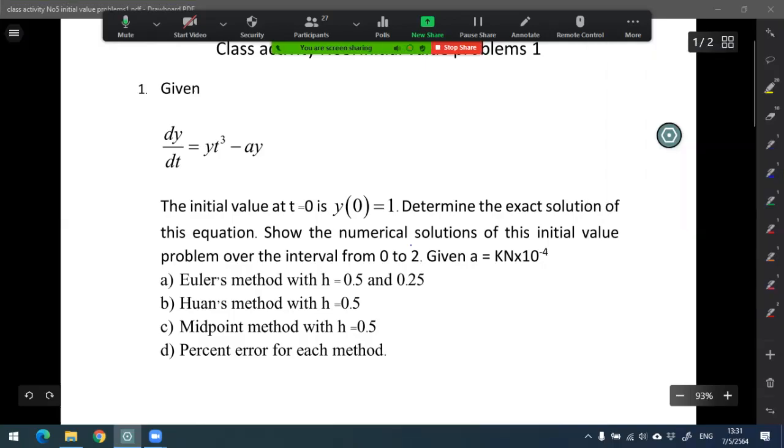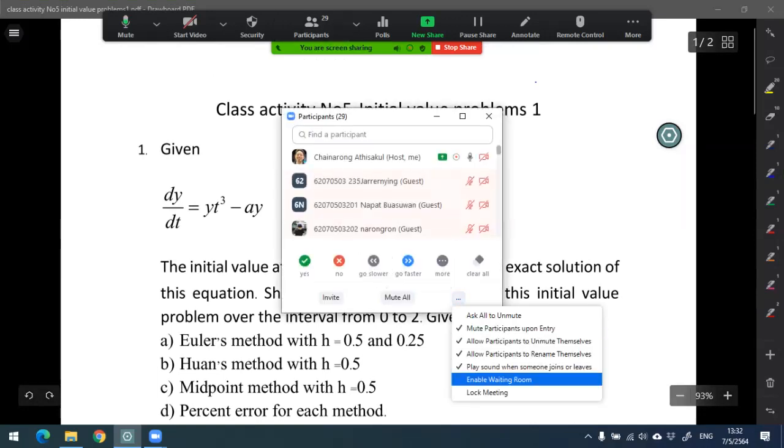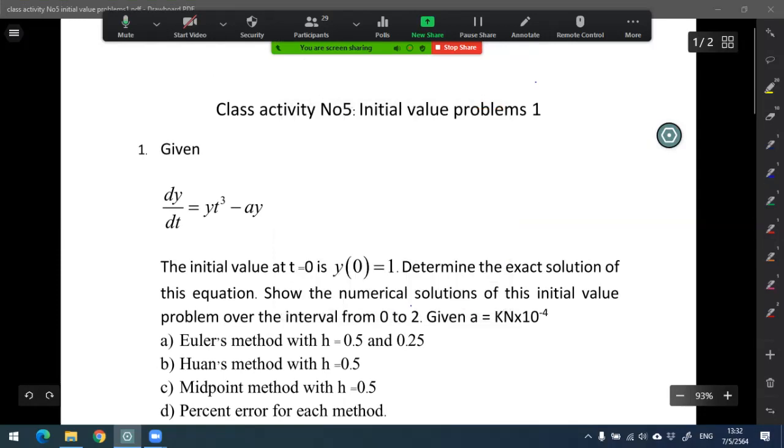Okay, today we will move to the class activity in the topic of initial value problem, where we will apply the Euler method, Heun method, and midpoint method to solve the basic ordinary differential equation, as shown in the example of this problem. The equation may be more complicated in other cases, but in order to verify the result,